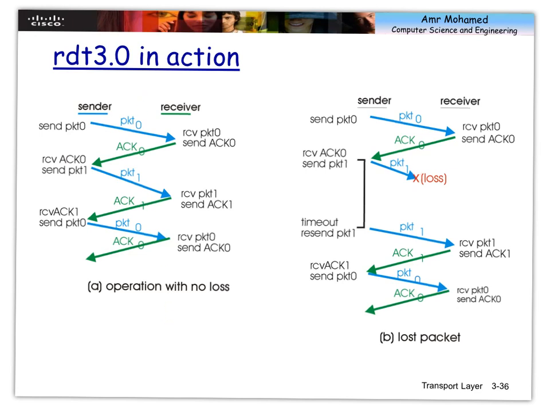If anything is lost, the loss can happen in the packet itself. If the packet is lost, then the sender will not receive any acknowledgement, of course, in which case the sender will time out. When it times out, it sends the same packet again. The one that's lost, it will send again. And hopefully next time it will arrive correctly, in which case I will receive the acknowledgement and so on. So this is lost packet. Okay, so easy.